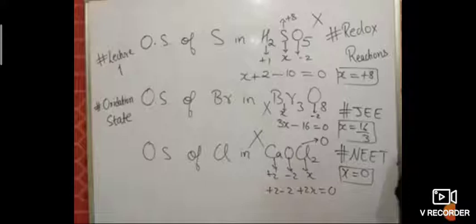Oxidation number. The oxidation state of an atom in a given species is expressed in terms of a number, either positive or negative, called the oxidation number. It is the number of electrons over which an atom loses or gains partial or full control in the species as compared to the atom in the elemental state. So the oxidation number is positive if the atom loses control and negative if it gains control over electrons.